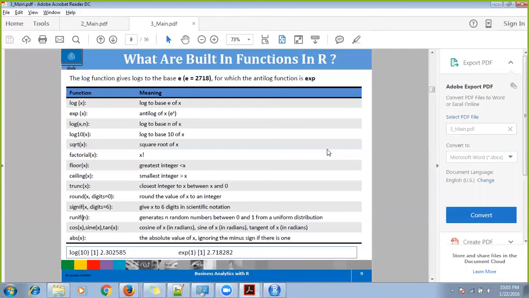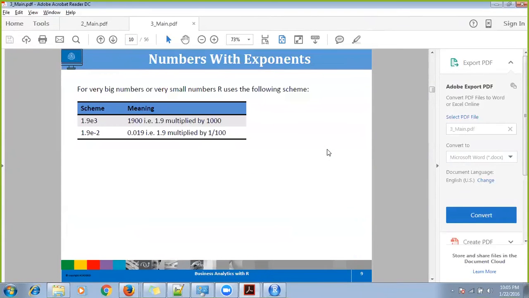Now let's look at some built-in functions. One more thing here. We saw that using scientific functions, we can truncate numbers and make them into zeros. There is another way to represent a number if it is very big or small: you can represent it as 1.9 into e to the power 3.